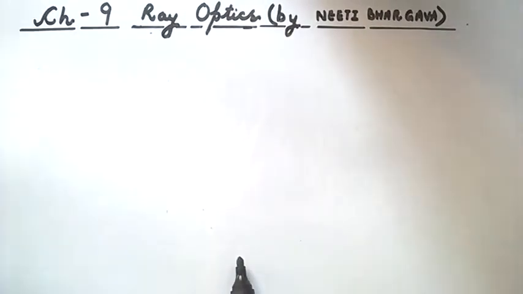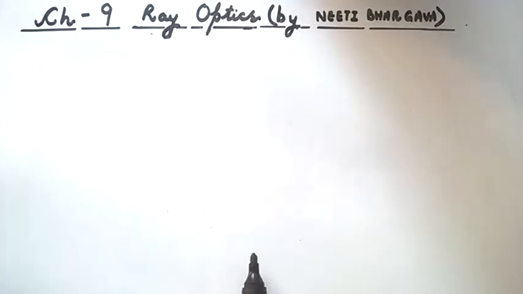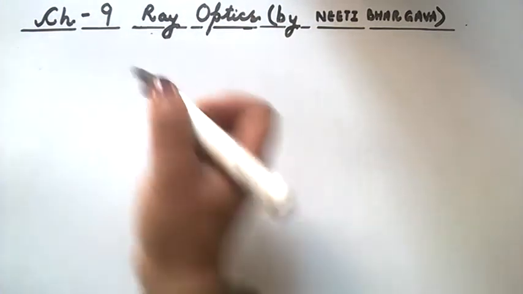In continuation with this chapter, now in this video we will study one of the important topics, that is Lensmaker's formula, which is asked a number of times in board exams. To derive it, that is, derive Lensmaker's formula for concave lens or convex lens. So before starting and deriving Lensmaker's formula, let's first study about the lenses.